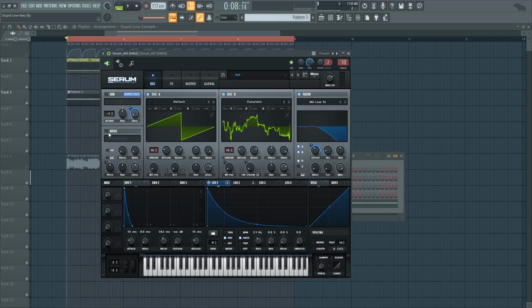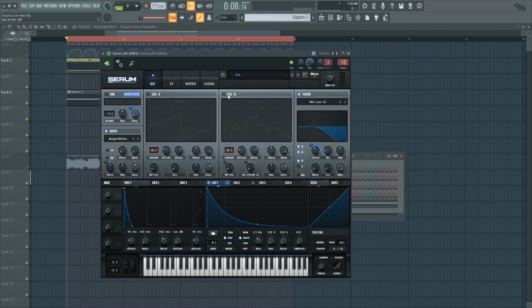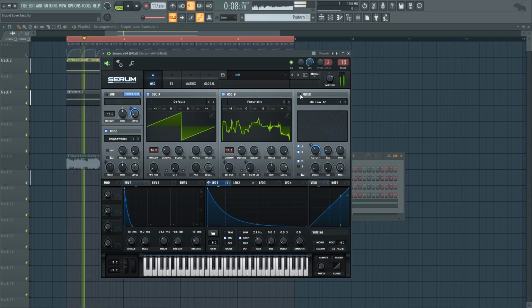And then we're adding some white noise. And as for the white noise, we're modulating the pitch by note on random as well. So that way we get slightly different noise hits as well. And this one is also being sent to the filter. The level isn't too high, it's just there to be barely noticeable. And without the filter it would sound like this. So that's why we're using the filter to control it and make it sound a lot more plucky.